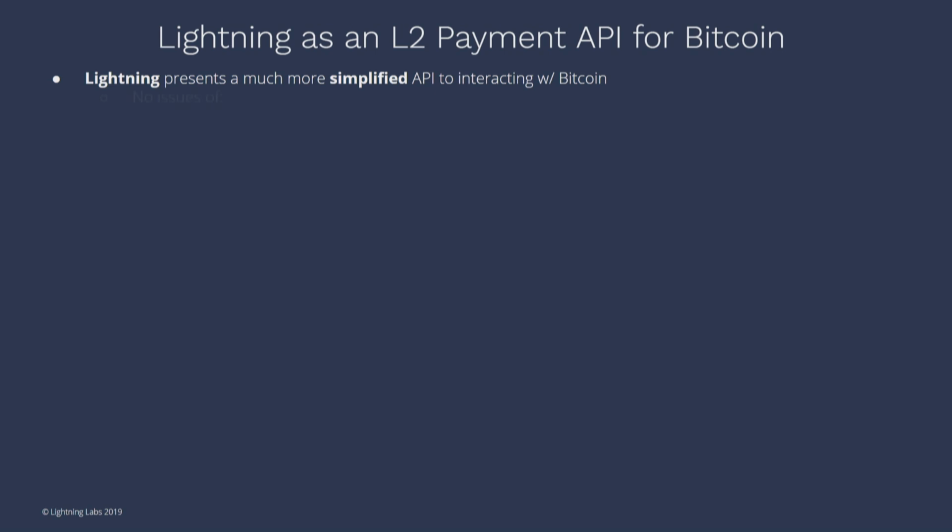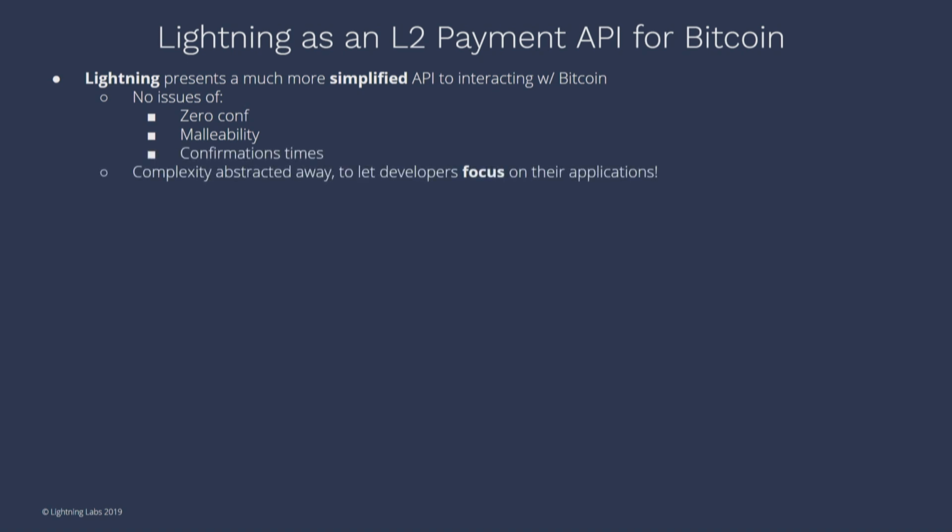One of the biggest things about Lightning is that it represents a more simplified API to interact with Bitcoin itself. Because if you've ever done raw Bitcoin development, you have to deal with issues of zero conf. Is it confirmed? Is it going to be validated? How am I going to track the inputs or not? Malleability itself has a bunch of issues as far as how you're tracking the payments into your system. Which one's doing RBF? Which ones are you actually reporting back to your user? And also confirmation times themselves. And Lightning gets past all of this. I think the main focus for Lightning is to give you a simplified interface.